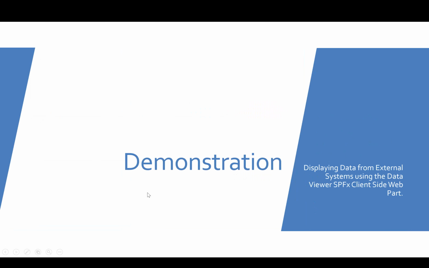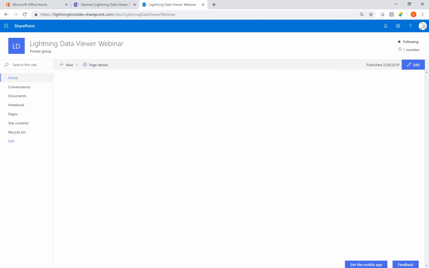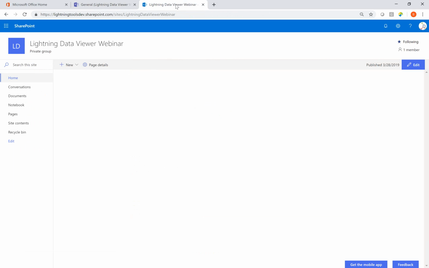Okay, so that's really sort of positioning the product. Let's have a look at the product. So this is all going to be demonstration. You can see here I've got a very empty looking SharePoint team site, and I've also got a very empty looking Microsoft Teams team. So we'll start off here with the SharePoint team site, and then we'll look at Teams afterwards. And the content that I want to